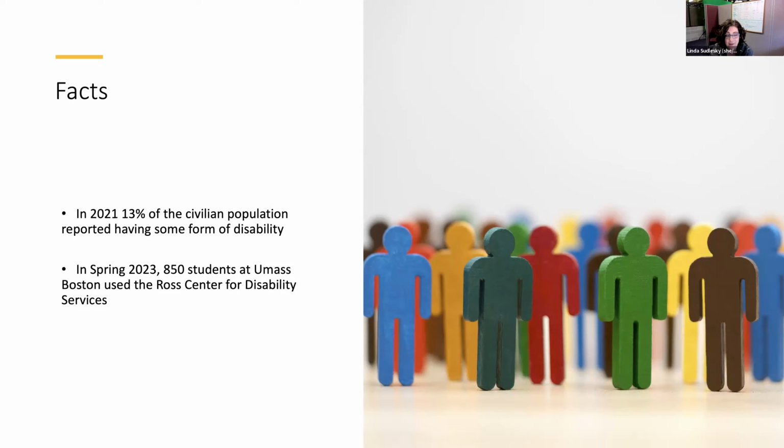Some other statistics that I have that aren't on the sheet, I just want to share with you because I find it really interesting. Among the 38 million people who are 25 and older and report having a disability, 6.7 million, or 18%, held a bachelor's degree or higher degree in 2019. This is considerably lower than the 36% who did not report a disability and held the same level of degrees. So that's just something to keep in mind when we're thinking about our roles on campus.